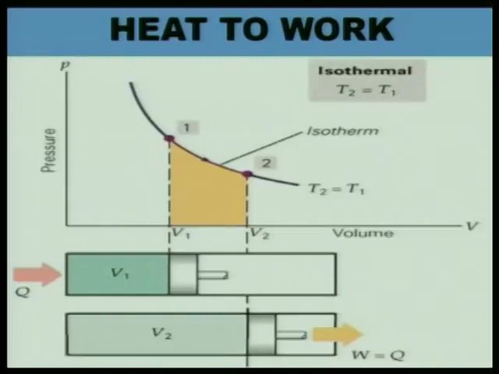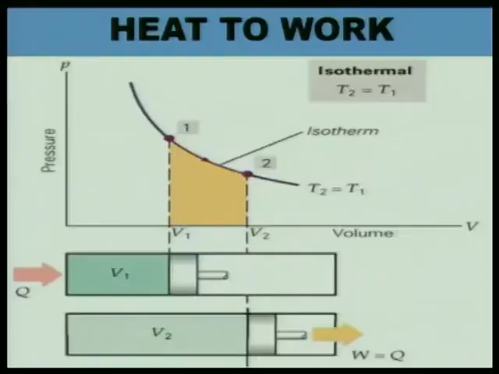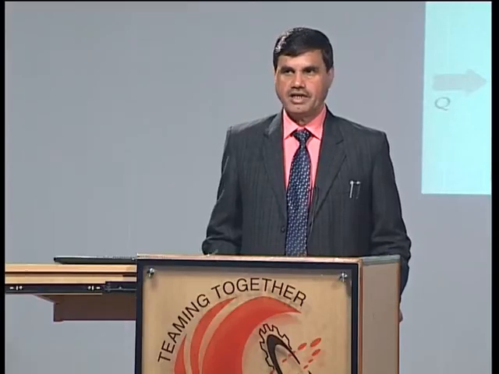Finally, if you see W equal to Q, it has been shown, which means whatever heat has been given during this process has been converted into work. The area under this line between V1 and V2 is equal to the work output. So the amount of heat which has been supplied has been converted into work. This is an example of the Carnot cycle, which is meant for hypothetical heat engines.